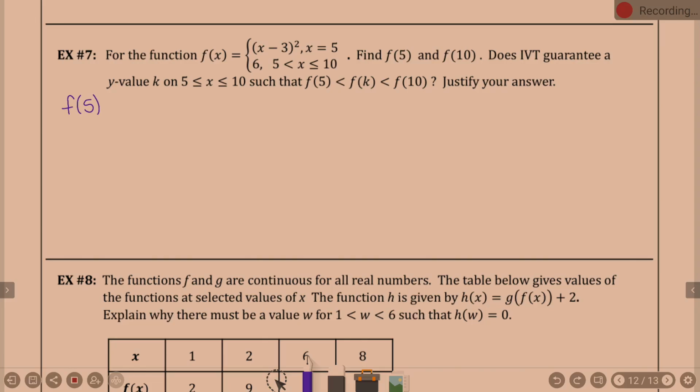What's f of 5? It would be 4, because when they want f of 5, you have to use the top definition, yes? What's f of 10? 6, because when they want anything from 5 to 10, you have to use the bottom definition. And this is on the interval from 5 to 10, yes? So those are your endpoints, essentially. Now,